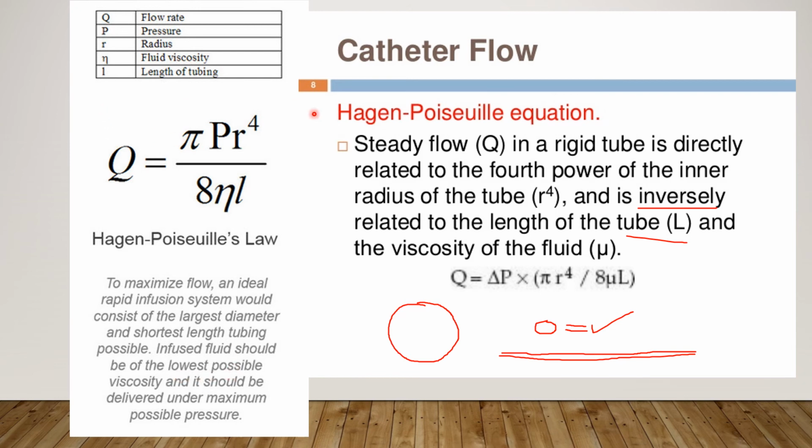So this equation also applies to flow in the conducting zones of the airways, where when we have a bigger airway, the smoother or faster is the flow, and as the airways get narrow, the flow reduces. So it applies in respiratory physiology also, and this is a very important basic equation in critical care.